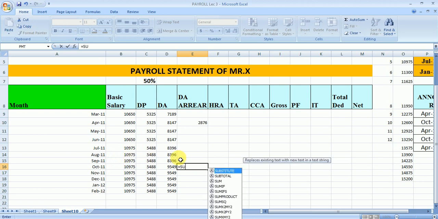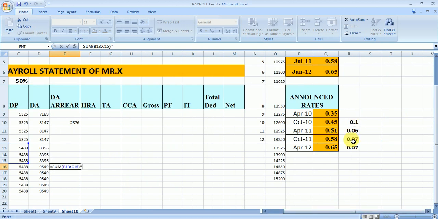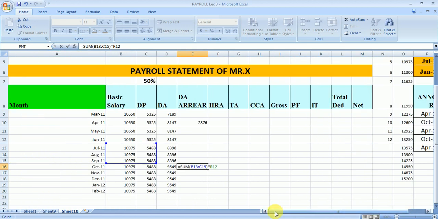So what we can do, simply here, we can use the sum function, and select the salary basic plus DP, and in this way we will calculate the salary for the 3 months, and we will multiply this amount by the difference. So in October 2011, the difference will be 0.07, then enter. So in this way we will calculate the DA arrear in the month of October.